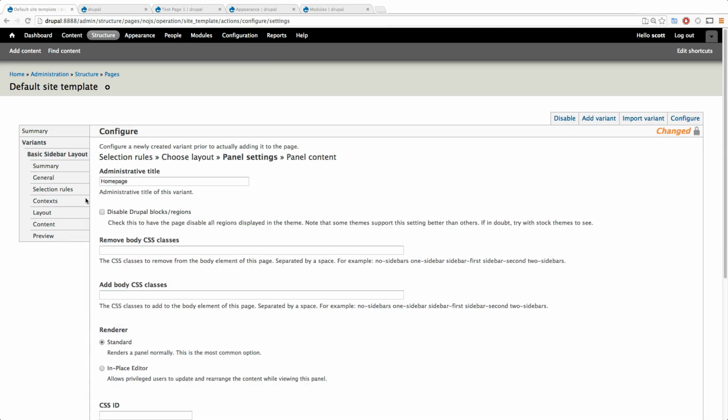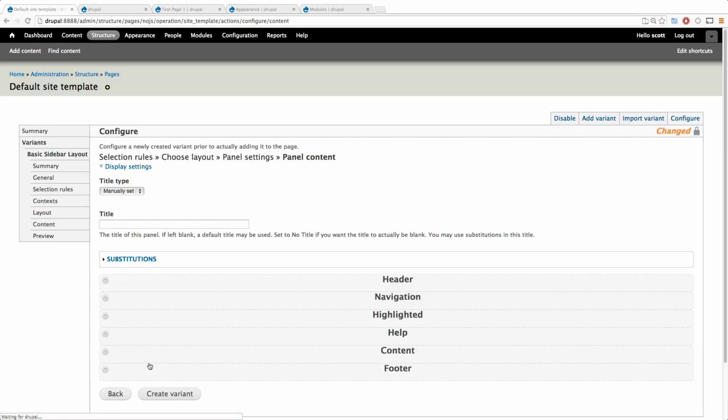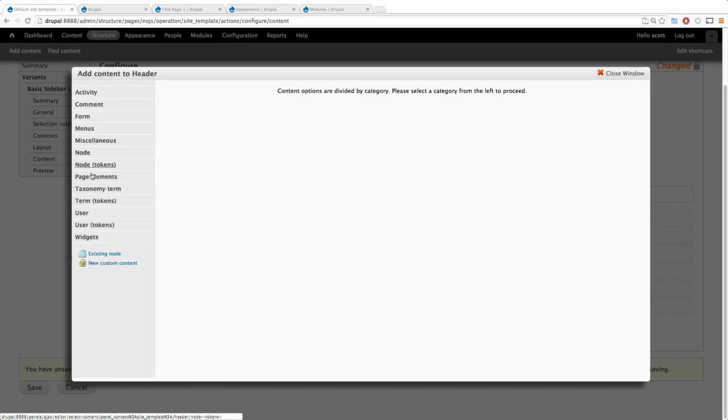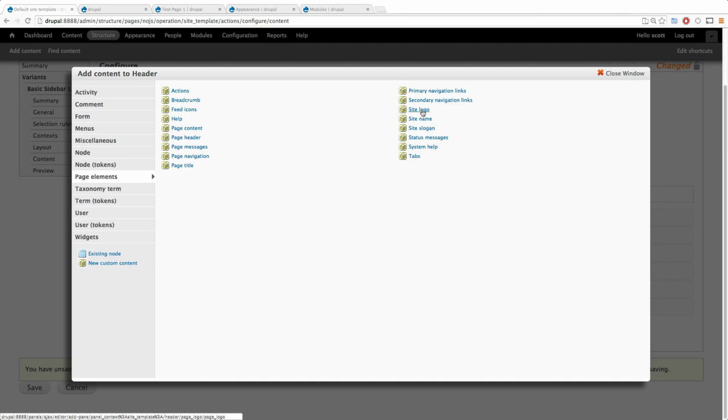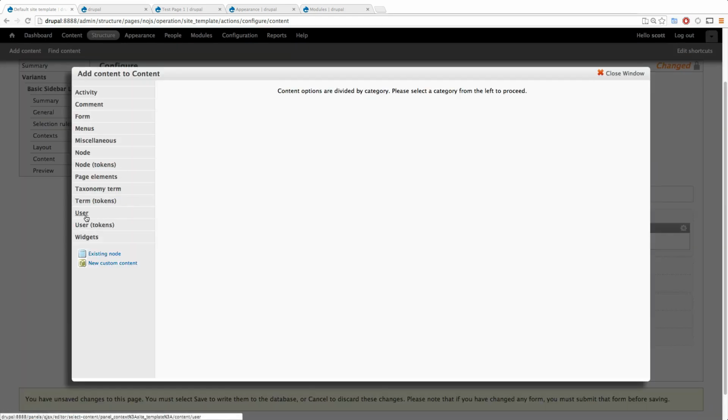Let's click continue, and again, let's disable all Drupal blocks and regions. Now let's click continue once more. And now we have this just like last time. And you know, we could do things where we're creating a mini panel for the header and footer and stuff like that. And in fact, we should probably do that. But for now, let's again say we want to have these page elements. We want to have the site logo, and maybe just to have it be a little bit different in the content,